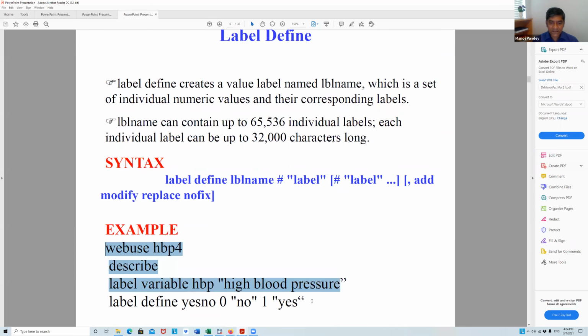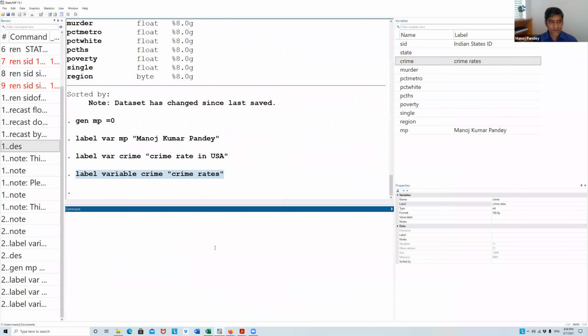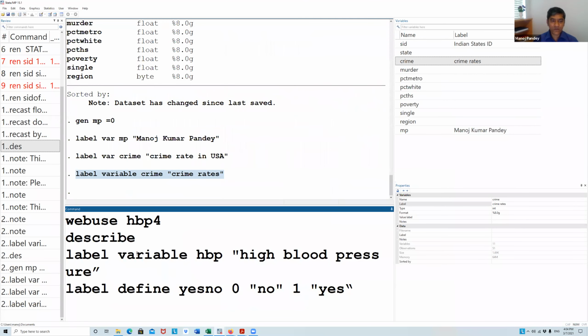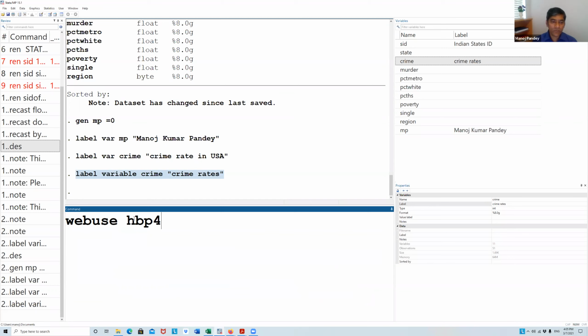So I'm going to use this example to show you. Okay. So I just copied it here. And this is so easy, isn't it? Now, you remember this sysuse, we use sysuse because the data was in the system. Now this webuse is because this HBP4 is not available within the system, but it is available somewhere on the web, on the internet. Okay, so we will use webuse. So the webuse command will open this data set, which is in